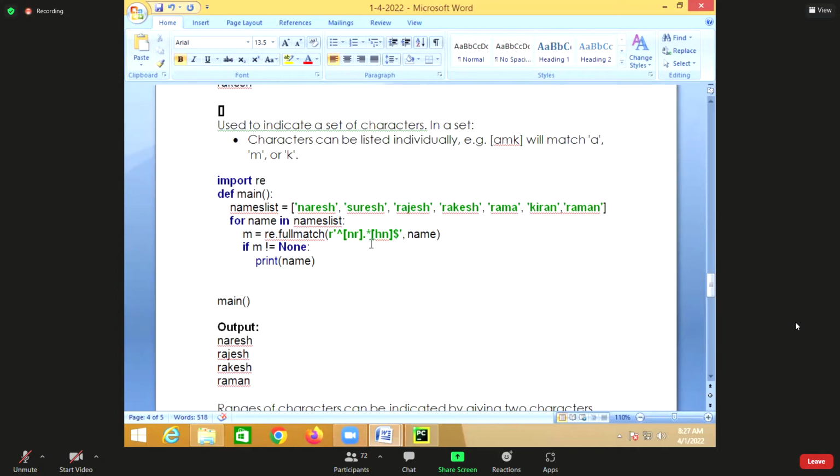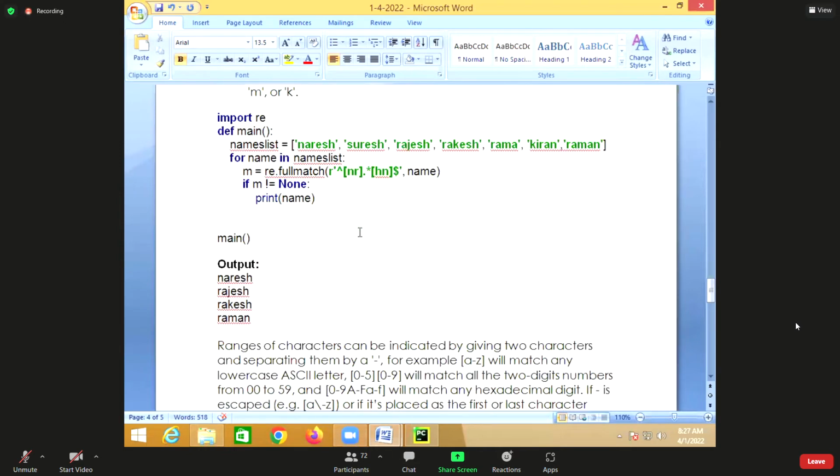I want to find the pattern, or validate, that the name should start with an alphabet. Alphabet means A to Z, uppercase or lowercase. Within the square bracket, I cannot write A, B, C, D, E, F, G, H up to Z, and again A, B, C, D up to Z. That becomes very complex, right?